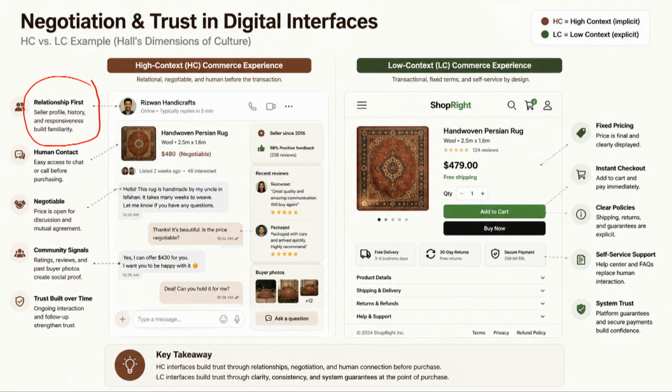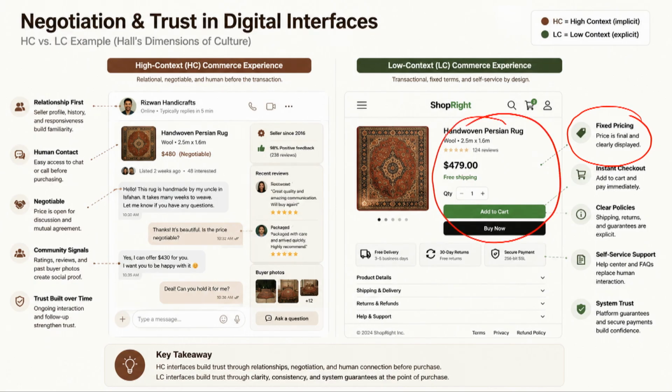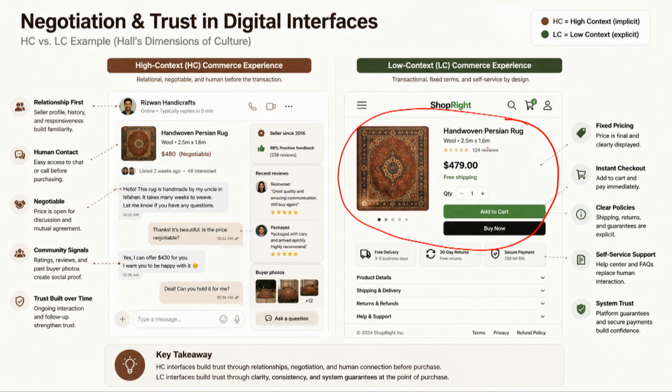Whereas in a low context culture, what I feel is most important is the fixed pricing. So that is what has been highlighted in a big way. When you go for e-commerce, even in high context cultures, you require fixed pricing. However, if you look at the screen design, you will see even on this particular screen, the relationship will be more focused on. So how this particular seller's reviews are over other sellers,